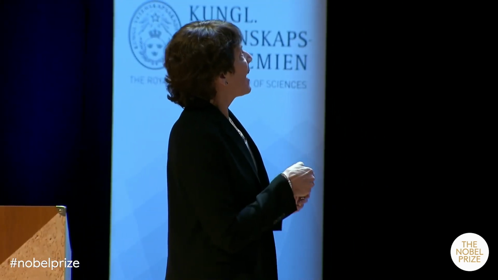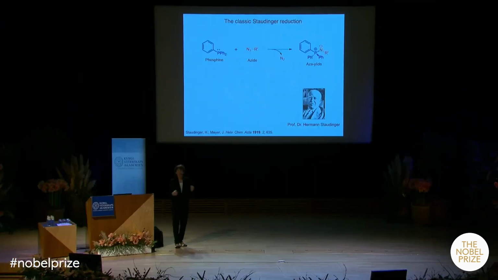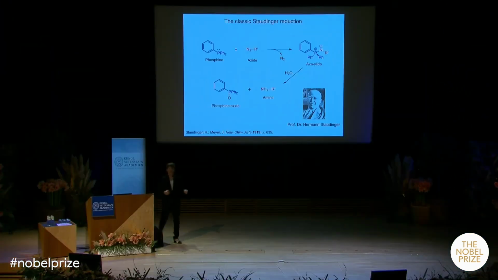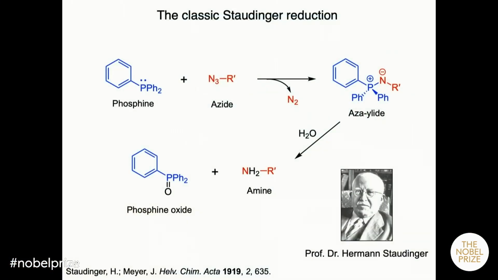Now, phosphines and azides do not exist in biological systems, and they react with each other very selectively without any interference by the biological system. So on its face, this reaction, as I've shown it, looks like it could be a bioorthogonal chemistry. But there was one liability with this classic Staudinger reaction, which is that the azaylide product is not stable in water. And if you're doing reactions in living systems, water is your solvent. There's no choice. So we had to solve this problem of the hydrolytic sensitivity of the azaylide.